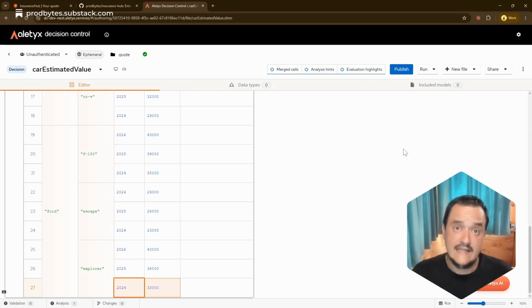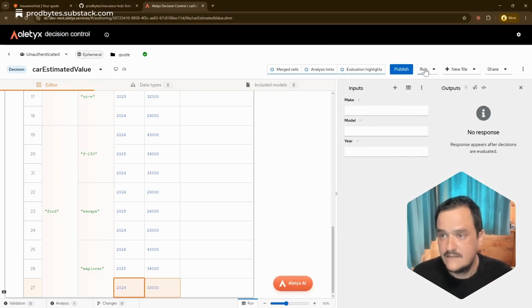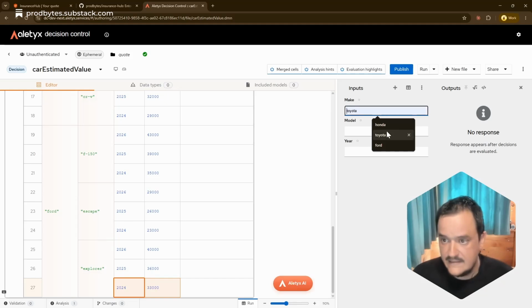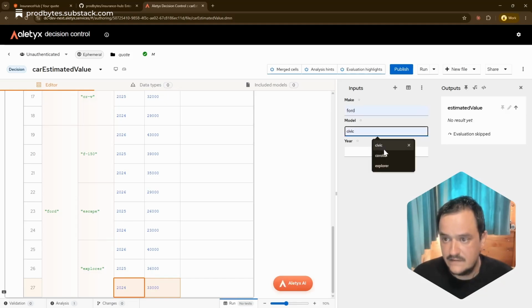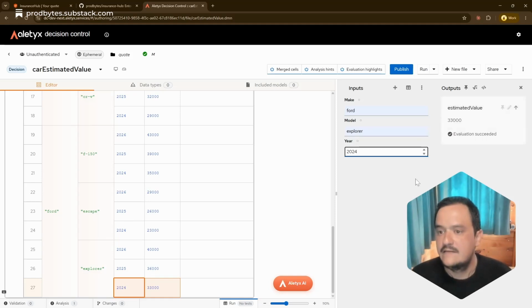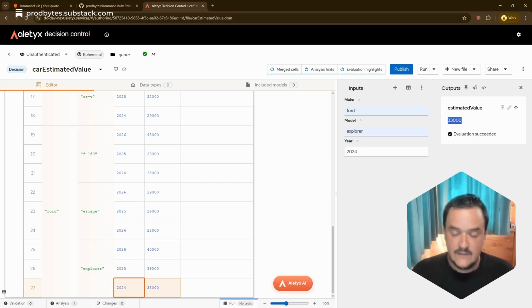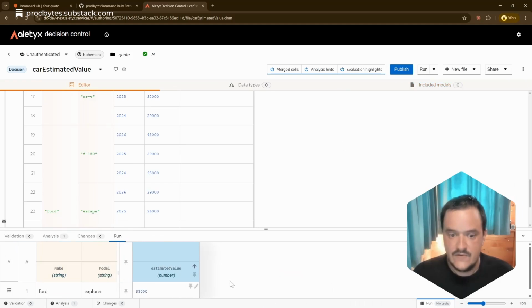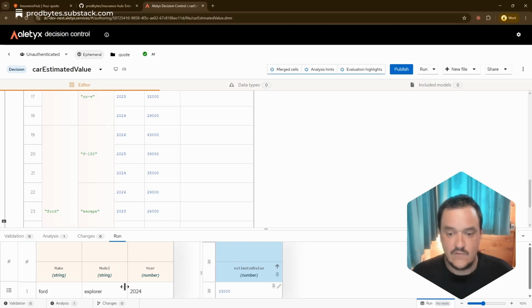And again, now I want to talk about testing. And to test, I can just run this and say that I have a Ford Explorer 2024, and not surprisingly, it will compute the estimated value. And a cool thing here is that I can see this as a form like this or as a table, and put as many cases of input as I want to test. So I can add more tests here